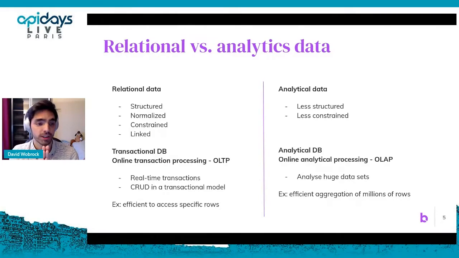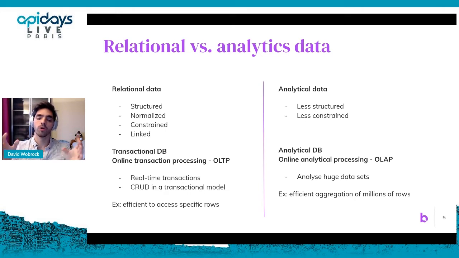So first off, the definitions. I'm going to start with the basics, which is what's relational data compared to analytics data. What's often called relational data is often the most used databases, the relational databases like MySQL or PostgreSQL. This data is often structured. We have tables with columns. We know what values are in these columns. Can it be nullable or not? What types do we have, etc. There are also constraints, and the data will be normalized. When you have duplicated values, we actually take the data out to another table and you link them together through some foreign keys, for instance, or any relationships that you can have there.